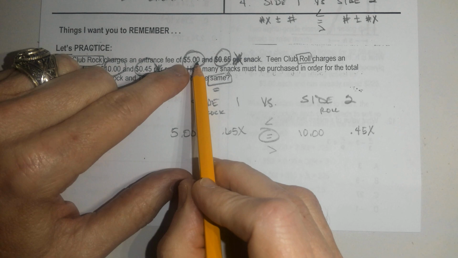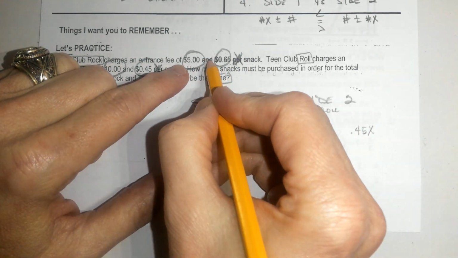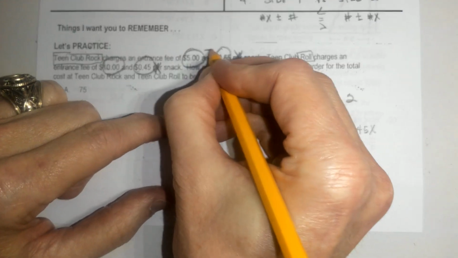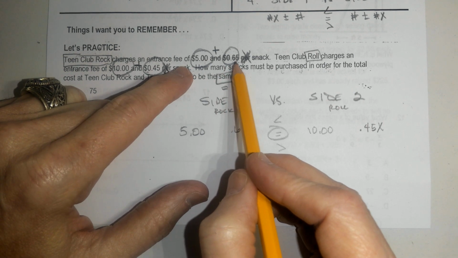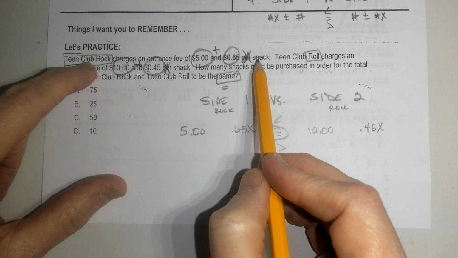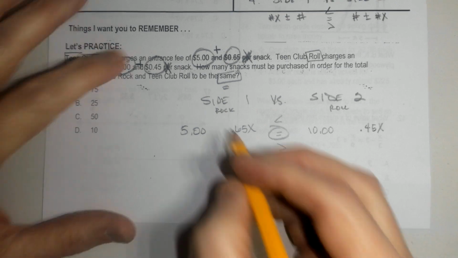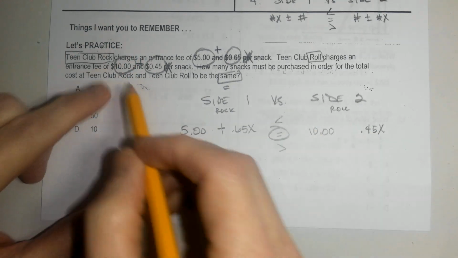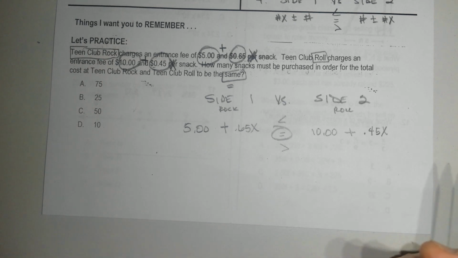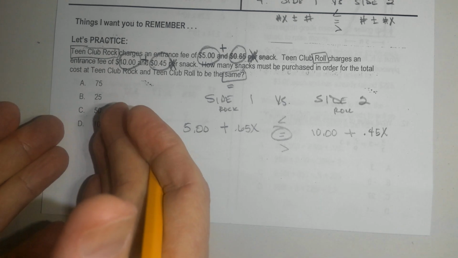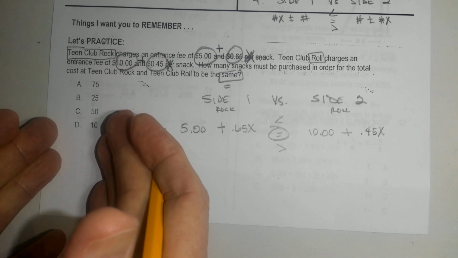So between the $5 and the 0.65, what do you think "and" means? To add or subtract? Yes, in this case, absolutely. It means we're going to add them together. Okay, so I've got $5 and I've got 65 cents per snack for Team Club Rock. I'm going to add them together. Same thing for Roll. For Team Club Roll, I'm going to add them together. Okay? Now, obviously, I do not have an answer here because my answer choices are not the equations,